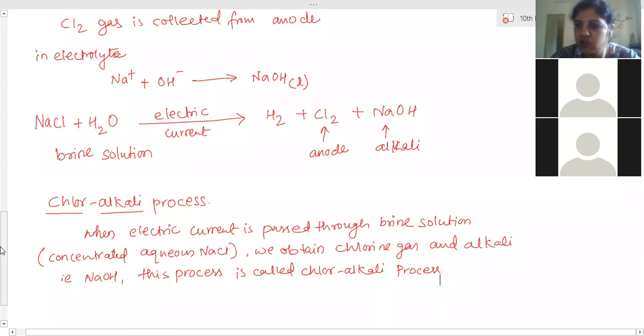Just like in the electrolysis of water, if you don't write current in between the reaction, then no marks will be given. If a reaction takes place under some specific conditions, and you don't mention those conditions, the marks will not be given to you. This way you will keep on losing marks. Actually, you know everything, but if you don't represent it properly, you will keep losing marks.